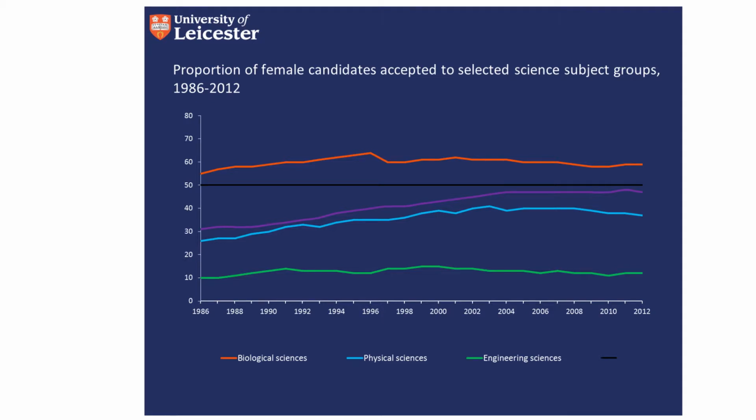I've got a couple more of these and then I'll bring this to an end. So this just gives you an indication of women. We have quite big gender differences, as I've already hinted at, in terms of participation. 10% of women study engineering subjects, the green line, and have been for some time. Biology, the red line on top, is much more likely to be dominated by women.